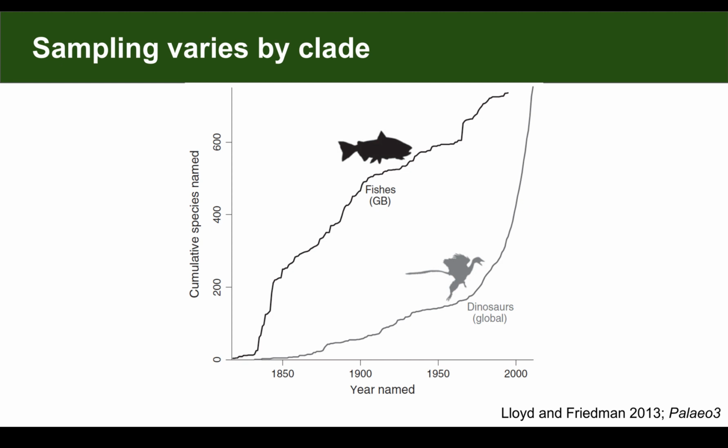By contrast, if we look here at the Mesozoic dinosaurs at the global level, we see this is a concave curve. It's rocketing upwards, and even though it's a few years old, I'm sure we're still in that steep phase now. So this already tells you we've got many more dinosaurs to find, if not many more British fishes. Of course, there are other ways we can consider sampling to vary across clades, and so for any comparisons we make between clades, sampling is again something we might want to think about.